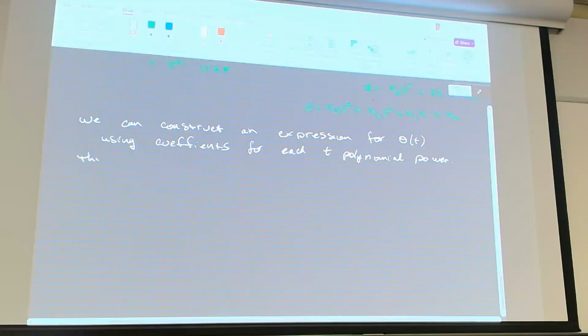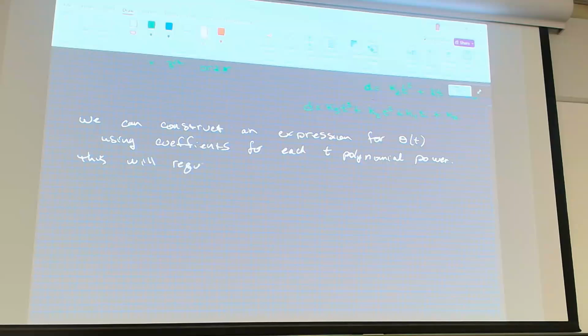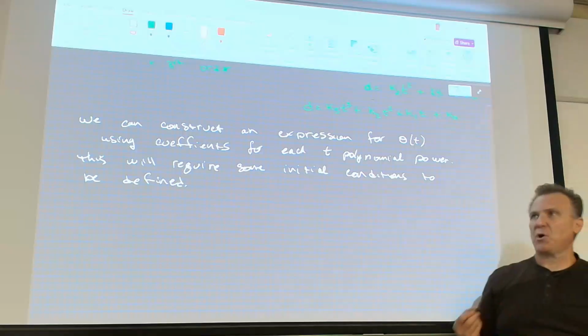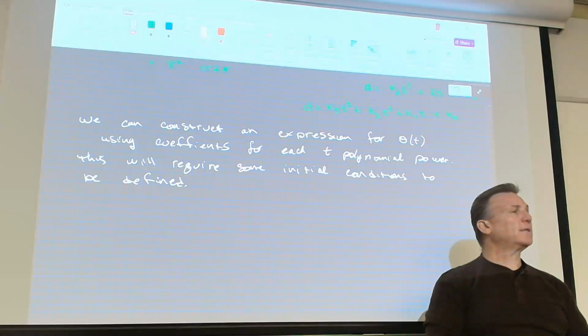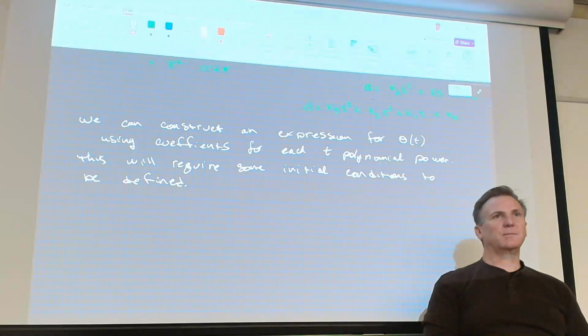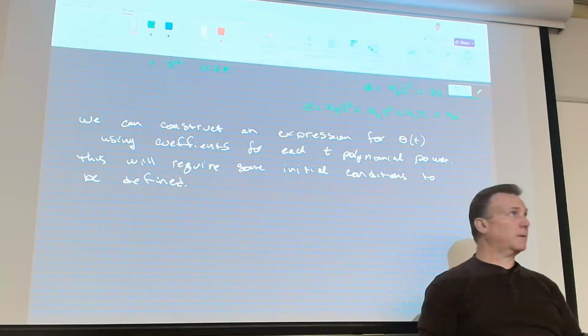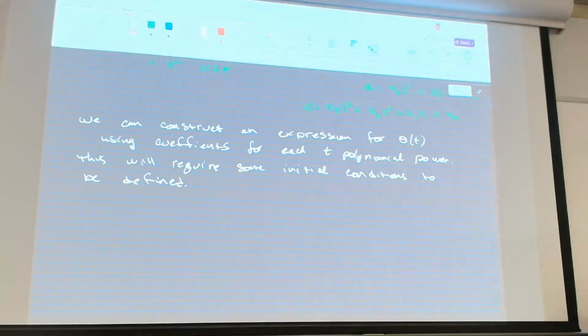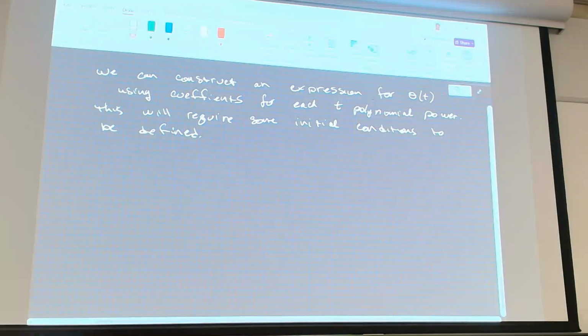This requires some initial conditions to be defined. The initial conditions I'm talking about are my starting position, my starting velocity, my starting acceleration, my starting jerk, et cetera, et cetera. Okay? But we can write our displacement theta as a function of time,